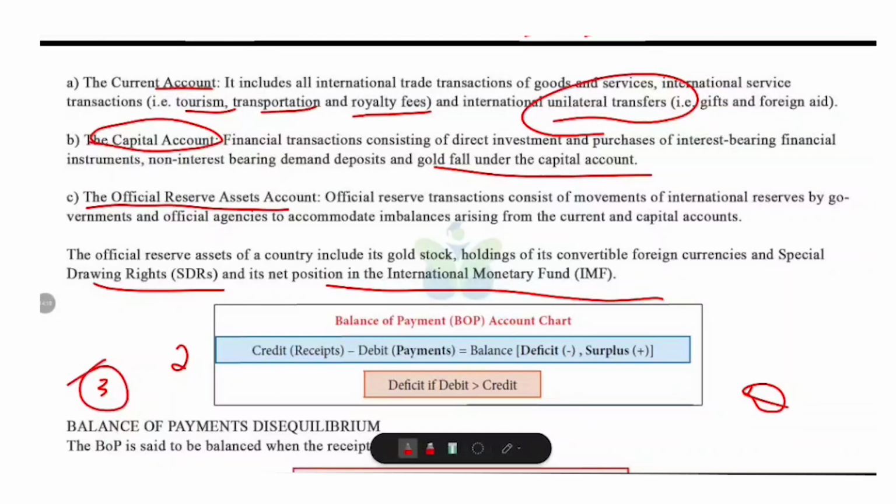So current account includes trade in goods and services plus unilateral transfers. Capital account includes financial investments and movements of capital. Official reserve account includes government held reserves used to correct imbalances. Okay,